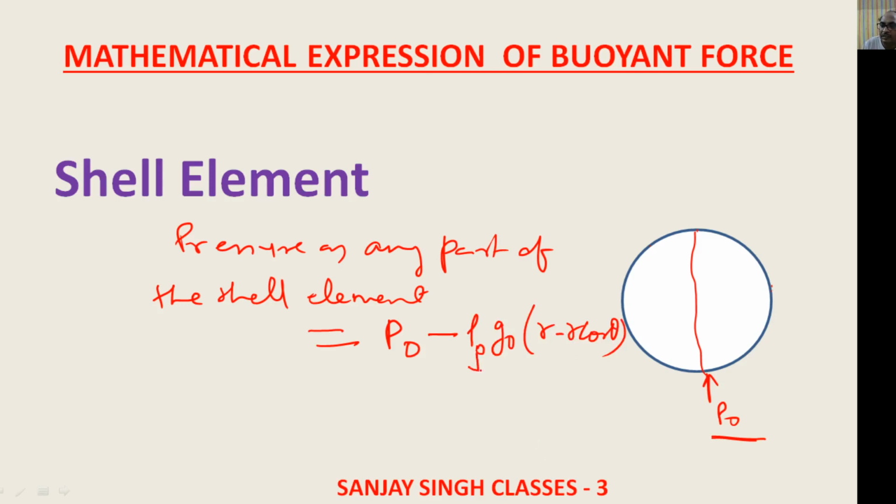Rho 0 is the density of the fluid and this density remains constant. Z0 we are already aware, this is acceleration due to gravity, and r is the radius,